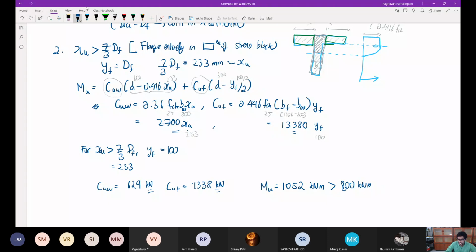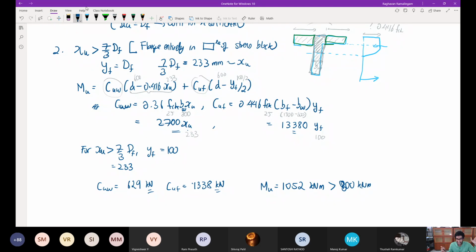So at this stage, depending on what kind of a person you are, you can say that the capacity of our beam will be much more than what we require. Let us go ahead with this itself. You can actually stop at this point and say, no, this is very good, we have a very safe beam, let us stop with this and use this. But this is a class, and you still need to know how to approach the third case in case you're supposed to approach it. So let us say that you are a designer who does not want to waste material.